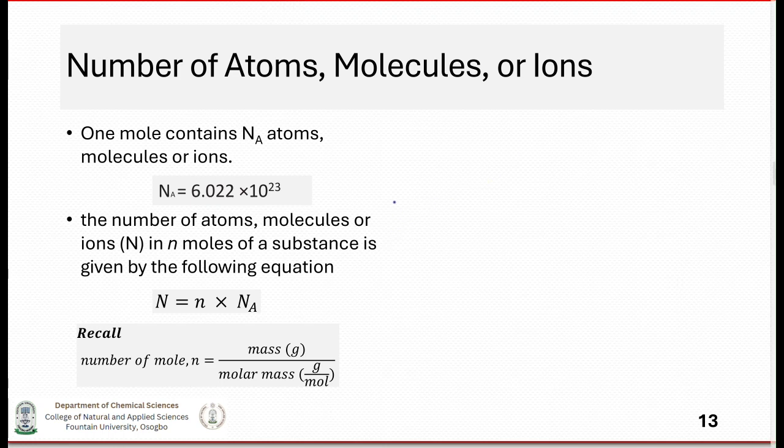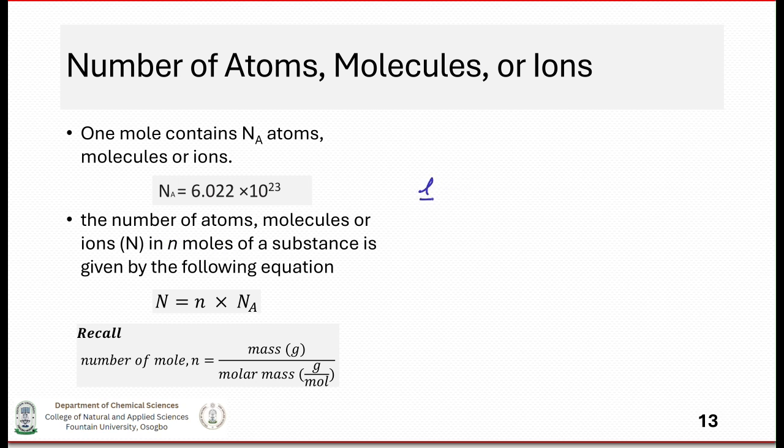So we want to look at number of atoms, number of molecules, and number of ions. How do we calculate that? So we've met Avogadro's number today. 1 mole of an atom or 1 mole of a substance contains 6.02 times 10 to the power of 23 atoms, or molecules, or ions. So the number of atoms or molecules or ions in n moles of a substance,